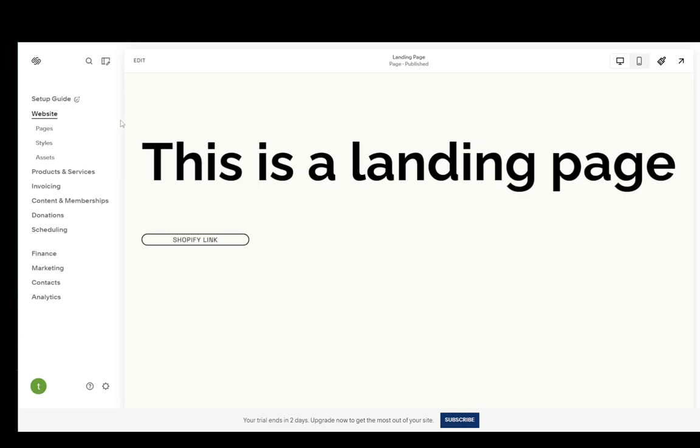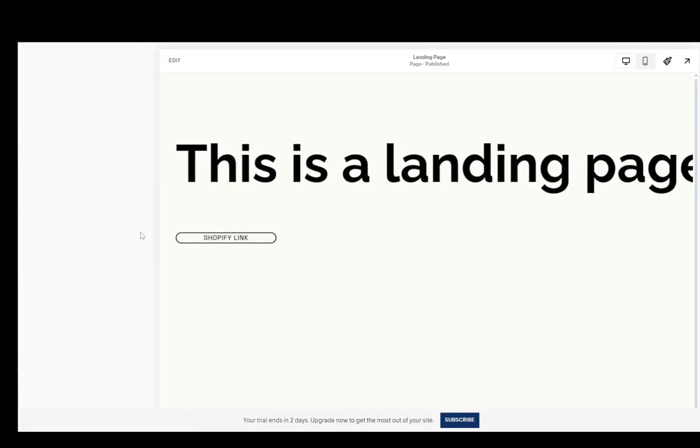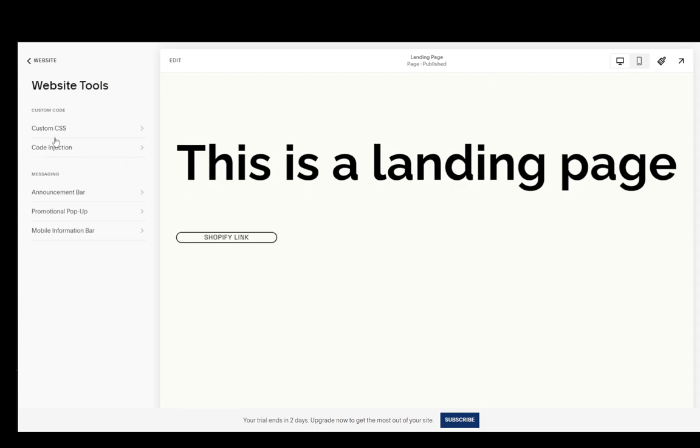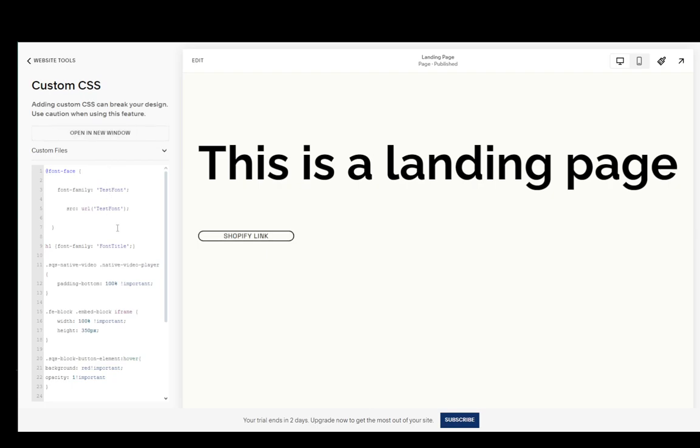And once you have your file and your link, you can go over into Pages. Once you're in Pages, scroll all the way down until you get to Utilities, and then click on Website Tools. Once you're here, you're going to go into Custom CSS, and as you can see, you can go into Custom Files. Now, this code is what you're going to need for your custom font or your own font that you're adding. As you can see, it is very simple code, so just